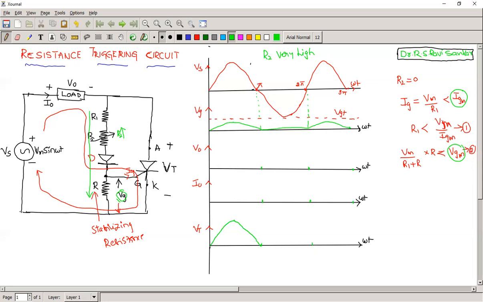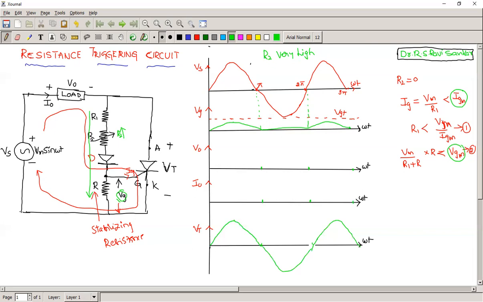Exactly, Radha. What is the input voltage? The same voltage we have tried to write. In this case, whatever the voltage across the resistance is, it is not sufficient to turn on the SCR, so the output voltage and current are 0. So we are setting the value of the variable resistance like that.